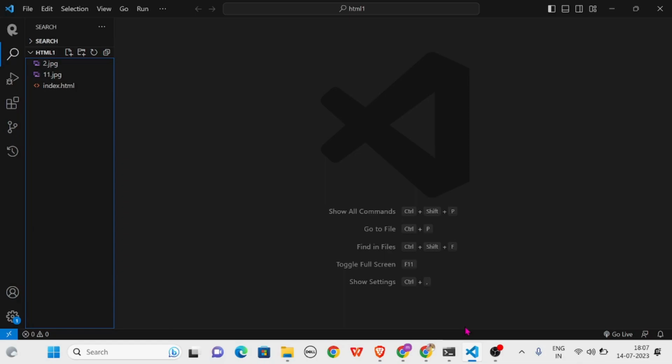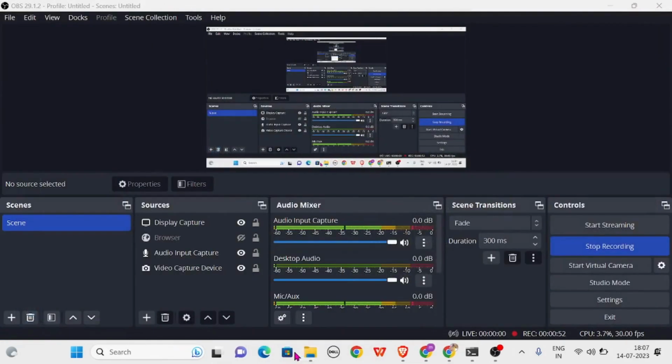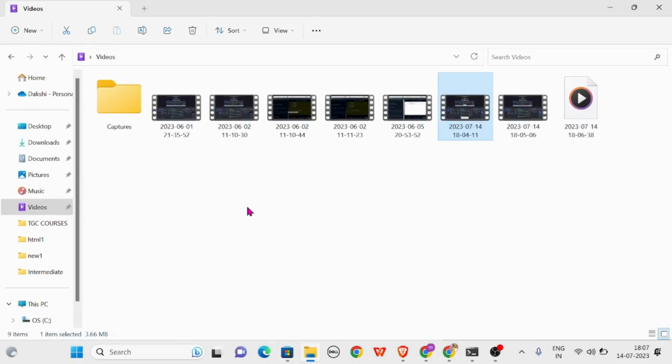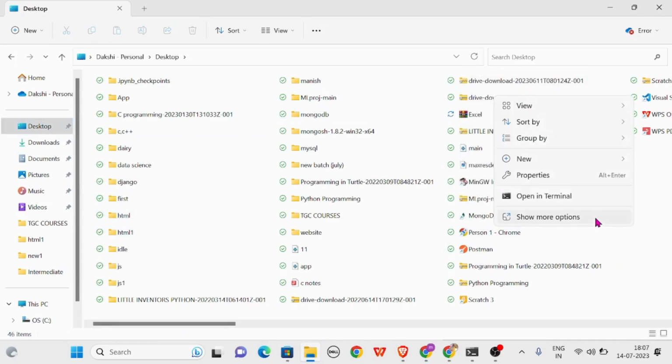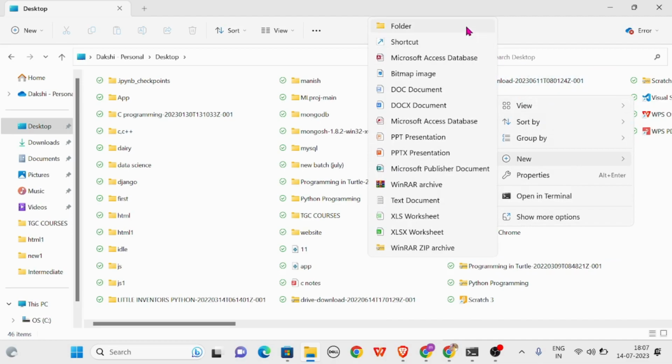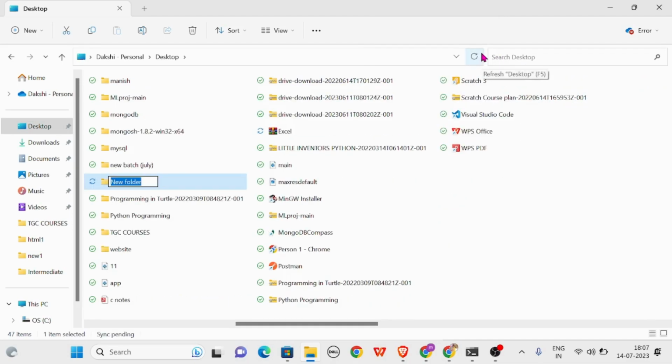So guys, let's talk about in which tool I'm starting my HTML code. In VS Code, Visual Studio Code, we are going to start our first HTML code. If I reopen my file, I'll show you how we can start the class. You need to make a new folder. I'm making a new folder like this, and I'm naming it HTML